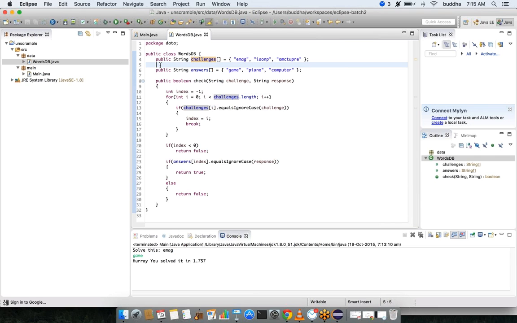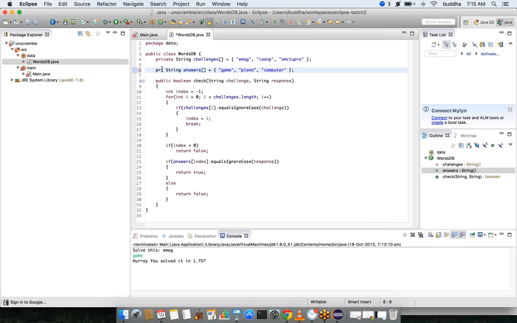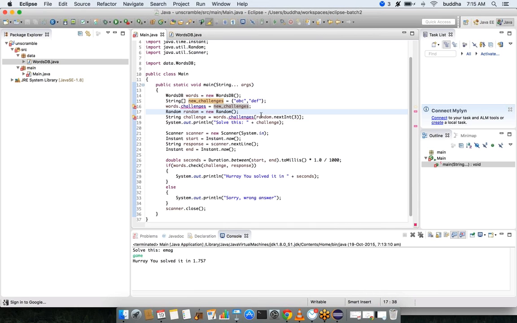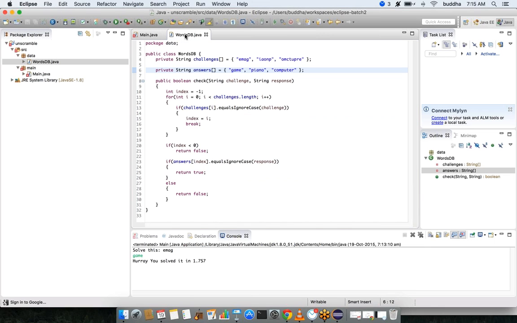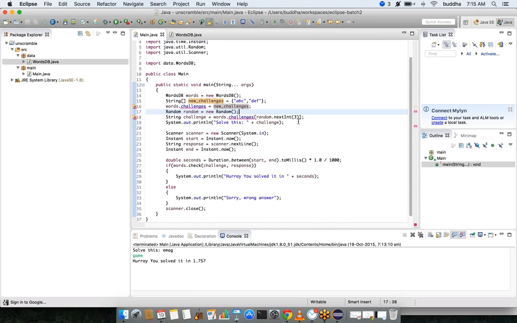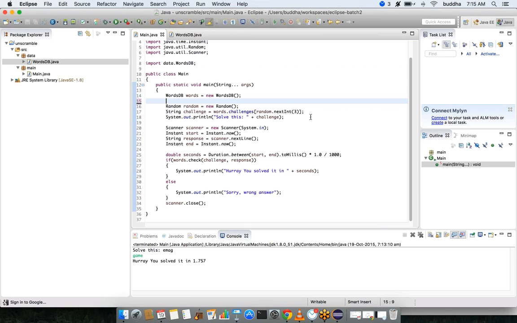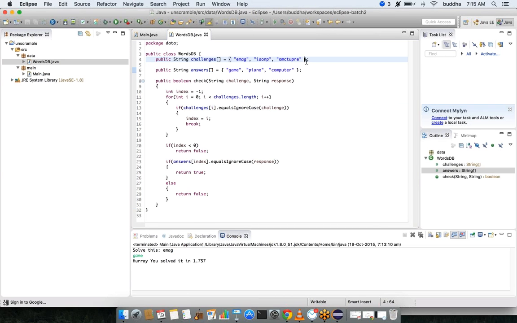So in that case what we will actually be doing is making this challenges variable private, and this also private, and now we will move the responsibility of identifying a random word to this class. Okay, even before I do that, let me show you another thing. Let's keep it public. And here assume that I don't have this code. Tomorrow assume that I have added another word in this database, say for example RHAD.